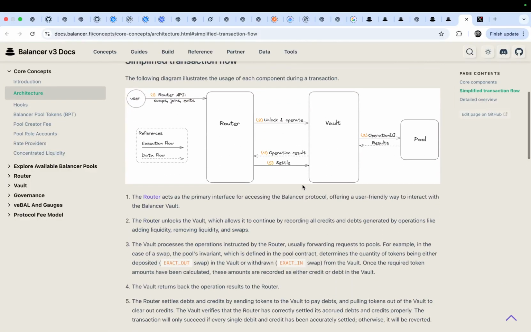And here, let's read the explanations. The router acts as the primary interface for accessing the Balancer protocol, offering a user-friendly way to interact with the vault. And the router unlocks the vault.